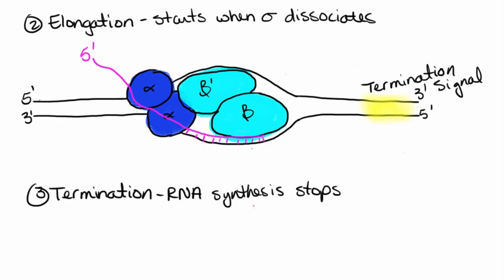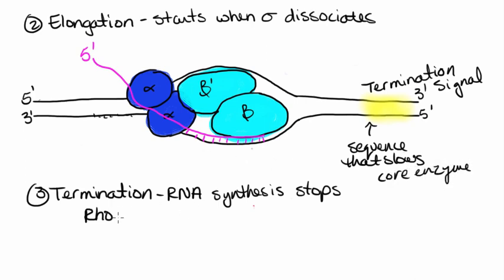There are two different ways that this happens in prokaryotic cells, and one of the methods is that we're going to be using a little protein that's called Rho, so R-H-O. And what this Rho protein does is it kind of follows along behind RNA polymerase all along. And here at the termination signal, there's going to be a sequence that slows that core enzyme down. So the core enzyme gets really slow, and really what happens is the Rho protein ends up bumping into